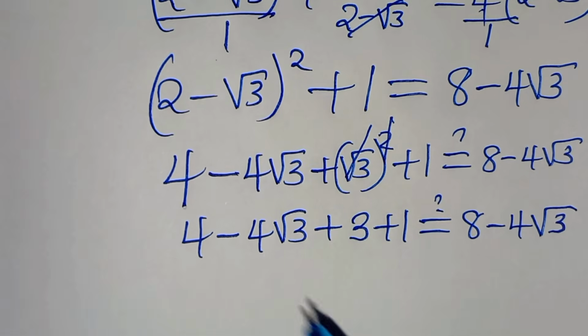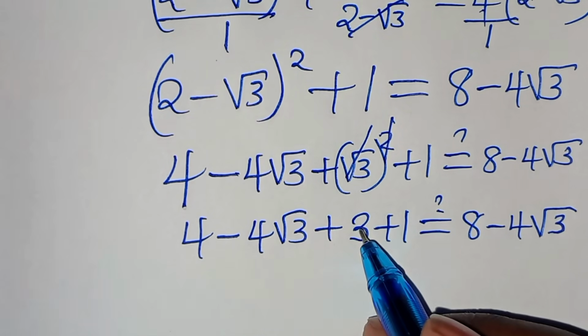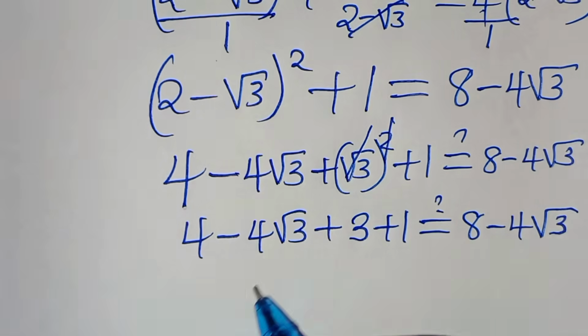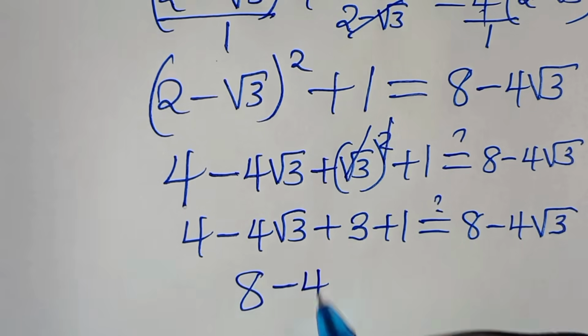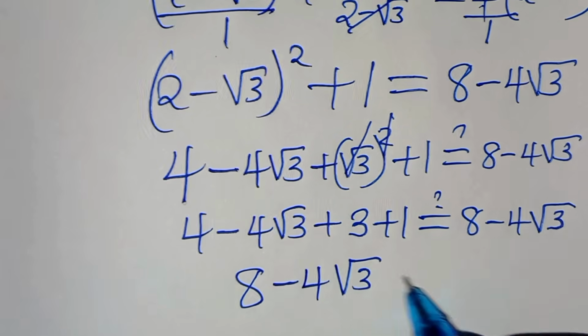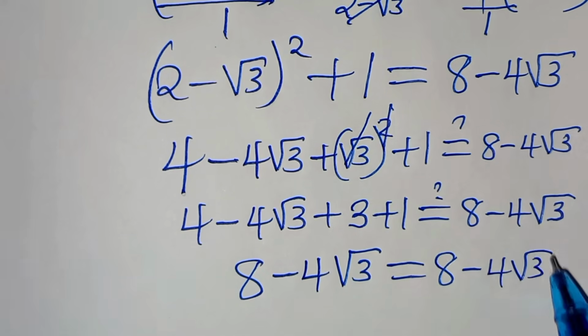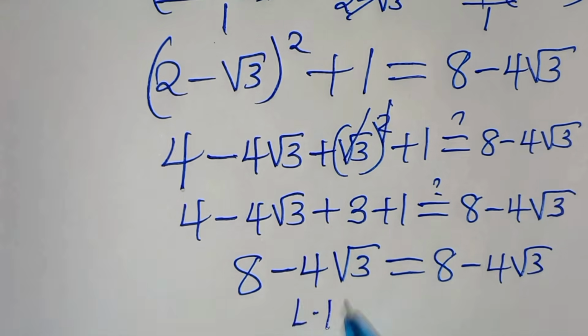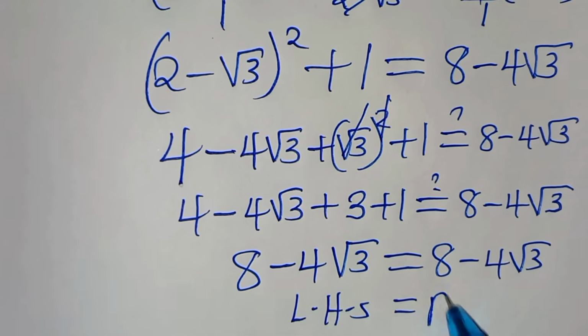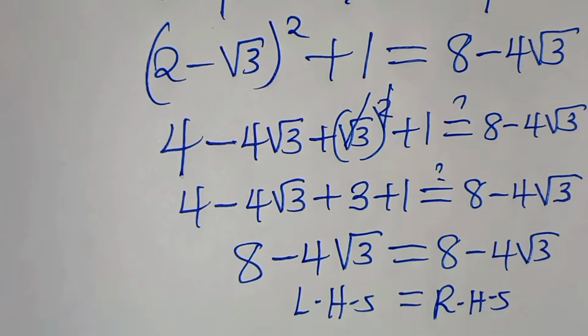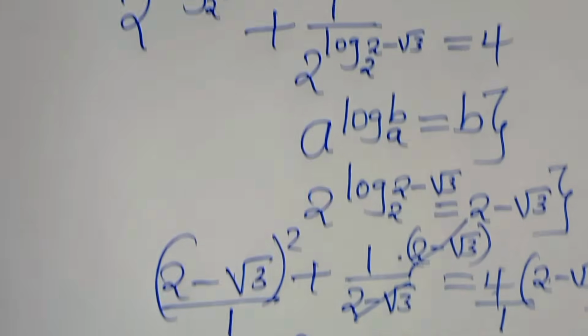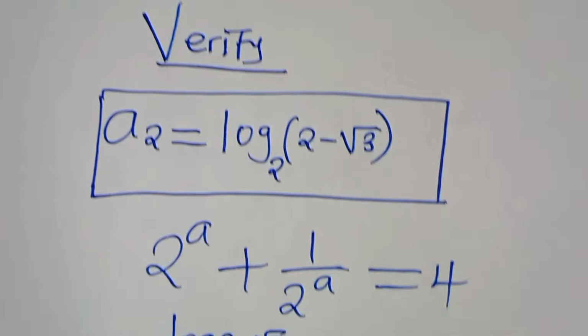Okay, the next step is that we have 4 plus 3. This is 7 plus 1. This is 8. So we have 8 minus 4 square root of 3. And this is equal to 8 minus 4 square root of 3. So it's clear that the left hand side is equal to the right hand side. And this proves that a2, which is equal to log base 2 of (2